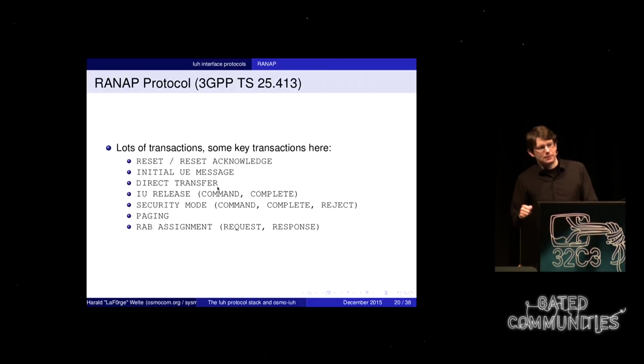Then we look at RANAP. That's the radio access network application part. This is where your actual signaling messages from the phone are tunneled through. If your phone registers to the network, you may have heard the term location update, where the phone basically registers to the network or updates its location with the network. That's the first message you would see encapsulated inside RANAP and transported to the core network element. Also things like PDP context activation, if you activate a data connection to a certain APN over cellular protocols, all this is encapsulated in the RANAP layer.